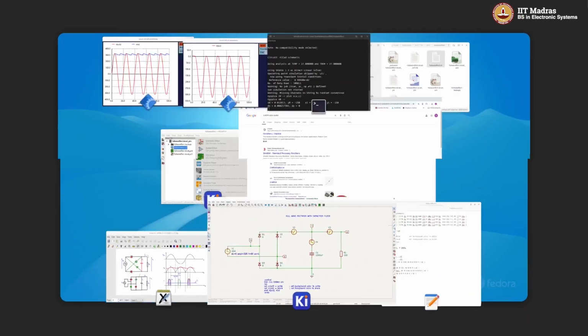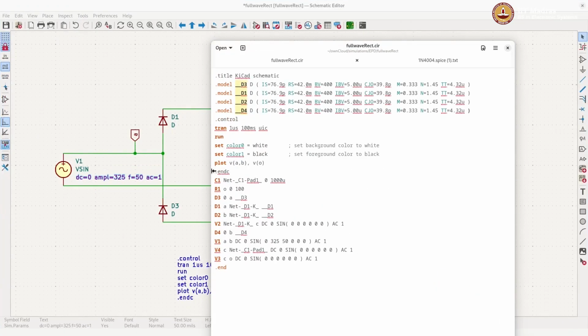I will go to the circuit file, V1. What was 325, I will make it, let's say, 500. So I now have an input sine wave of 500 volts. See that I am only operating in the .cir. I am not even going back to the schematic. I can just change in the .cir